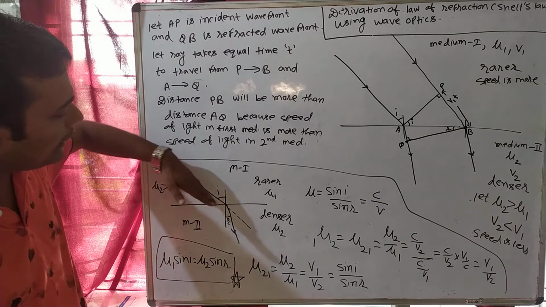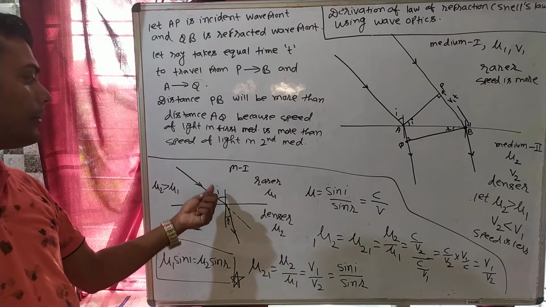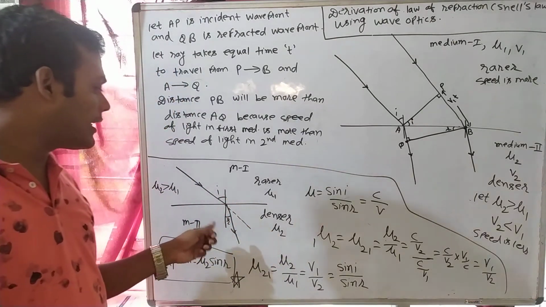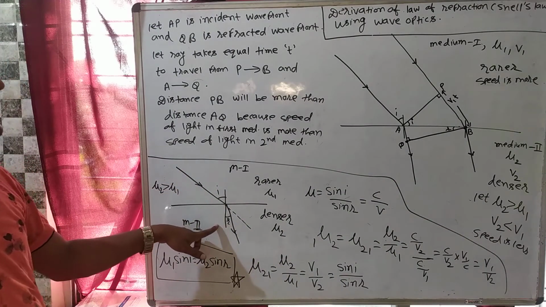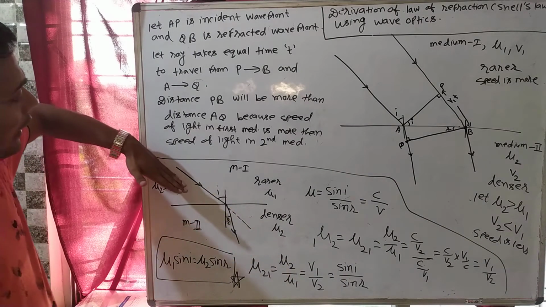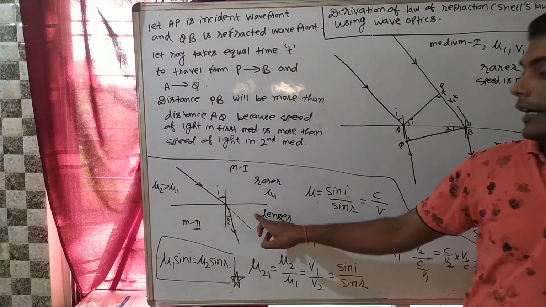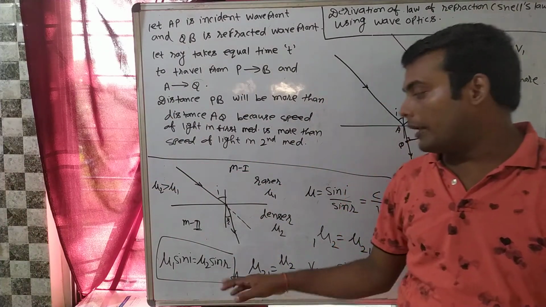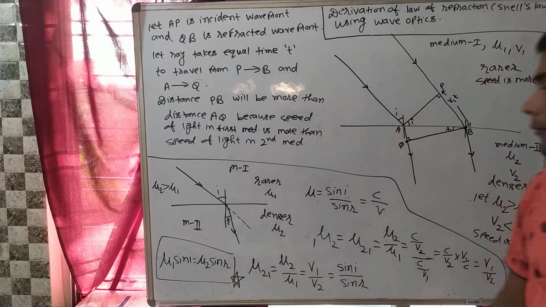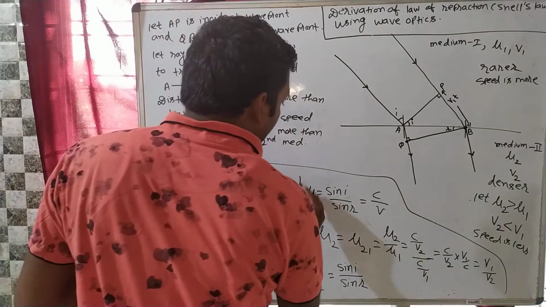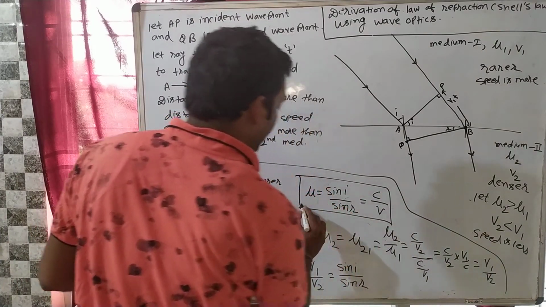You can see that this is the angle of incidence. The angle between the incident ray and the normal is known as the angle of incidence. When light goes from this medium to this medium, it should go in a straight line. But is it going in a straight line? No, it is bending toward the normal. Clear? Up to this, we have also seen this formula in ray optics, that is, the refractive index.